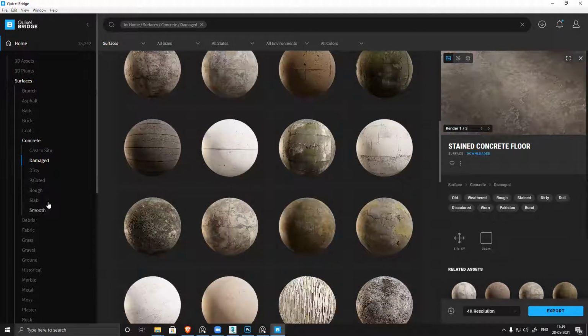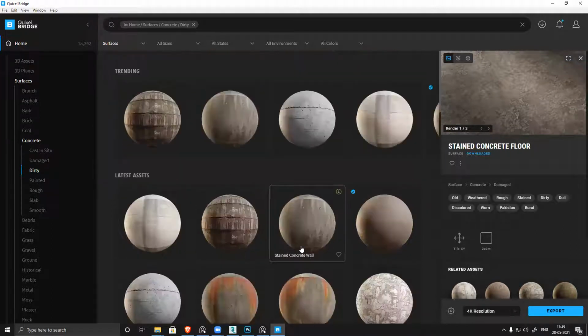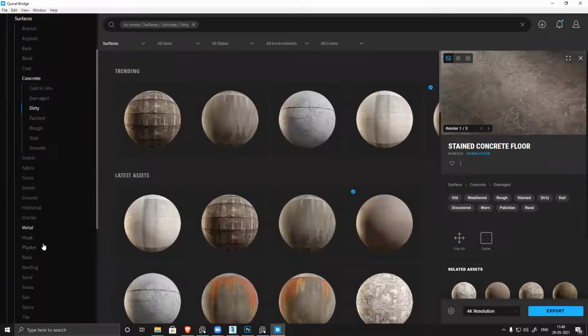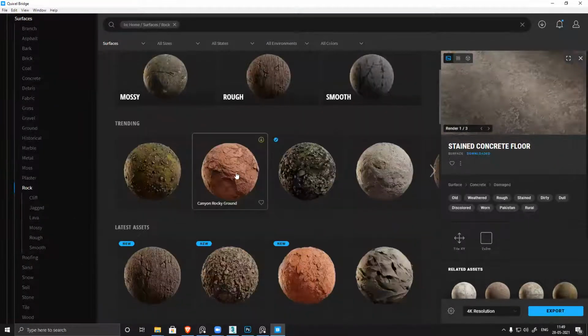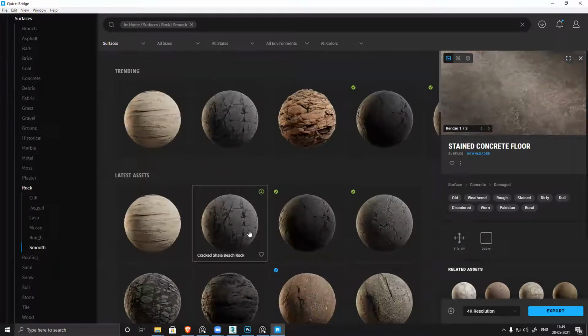Now I have to add all those details like cracks and everything. And there is something called, let's see, let's find a rock. Just kind of like you see damage and all. I can search very easily.